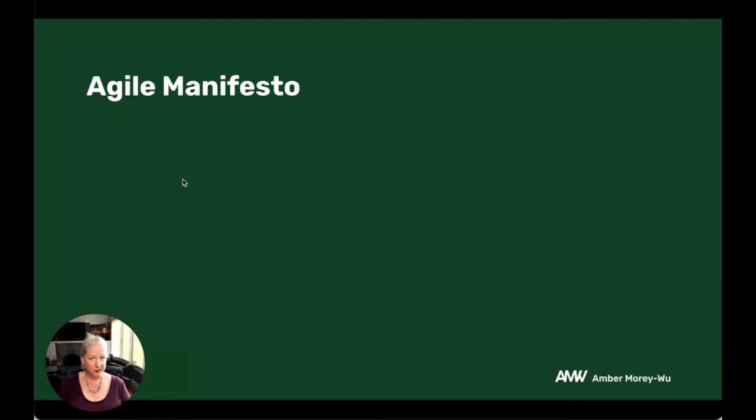There is a manifesto for Agile. I know this sounds a bit woo-woo, but there is. The concept of iterative development has been around for a long time, since the 1950s. The idea of Scrum started in the 1990s, and then in 2001, 17 people got together and wrote this manifesto. You can look it up on the internet. It's at agilemanifesto.org. I'm going to read through it and then talk you through to explain the concepts